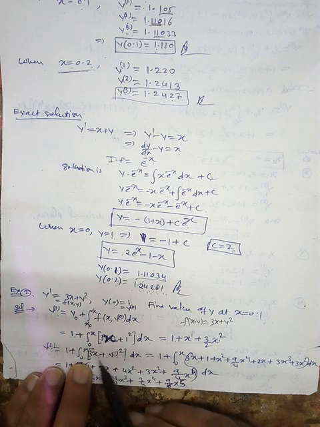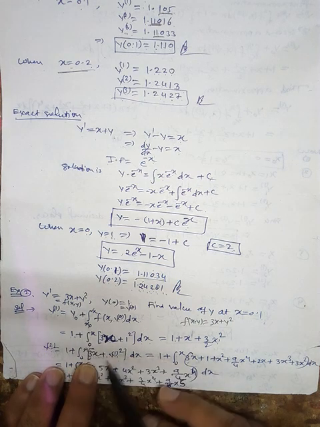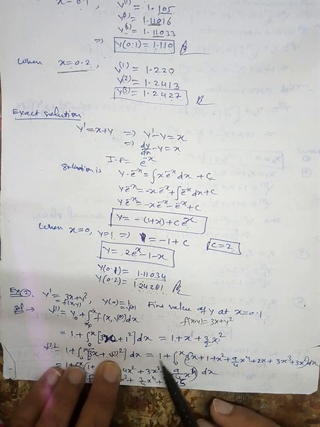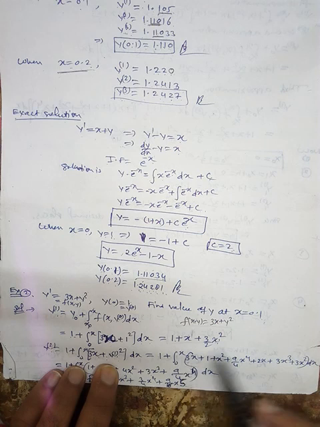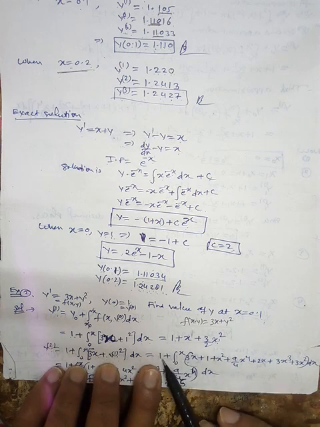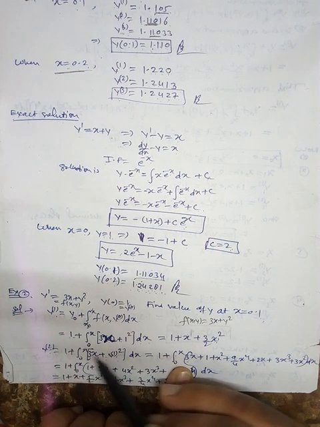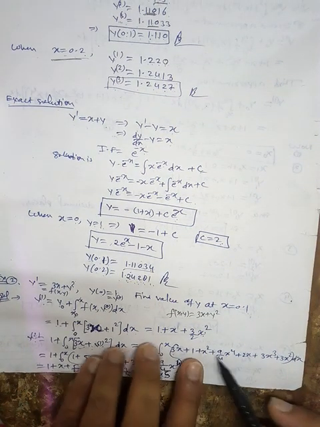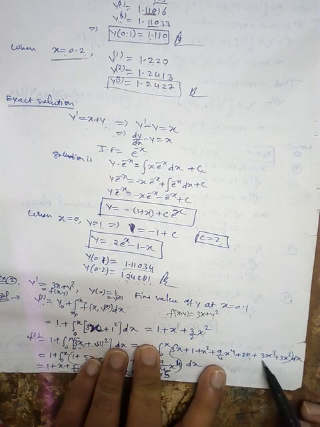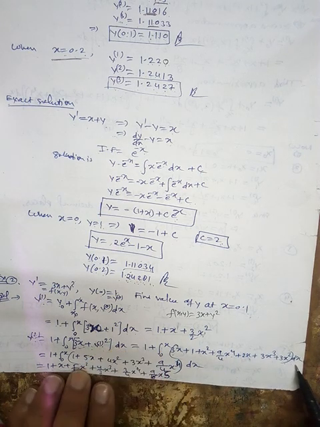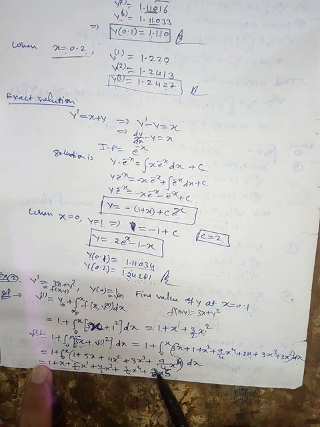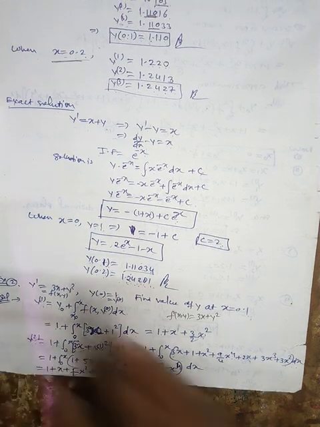Now, 3x plus y first approximation whole square. What is the first approximation whole square? The first approximation is this, and its whole square will be 1 plus integral from 0 to x, 3x here, and y1 whole square means the whole square of this term. This will give you 1 plus x square plus 9 by 4 x to the power 4 plus 2x plus 3x cube plus 3x square dx. After integrating we get 1 plus x plus 5 by 2 x square plus 4 by 3 x cube plus 3 by 4 x to the power 4 plus 9 by 16 x raised to the power 5.